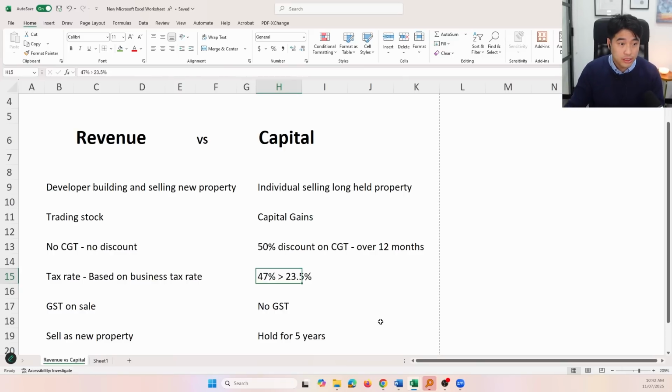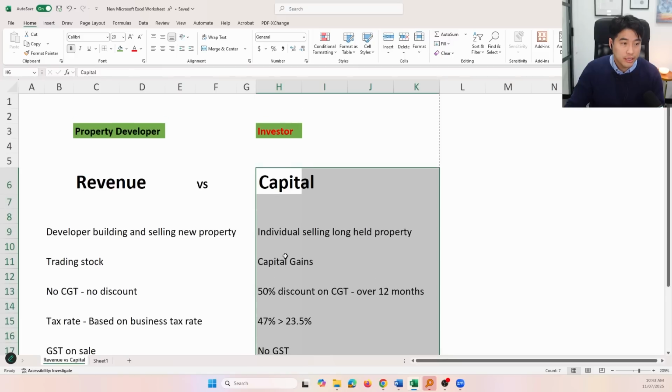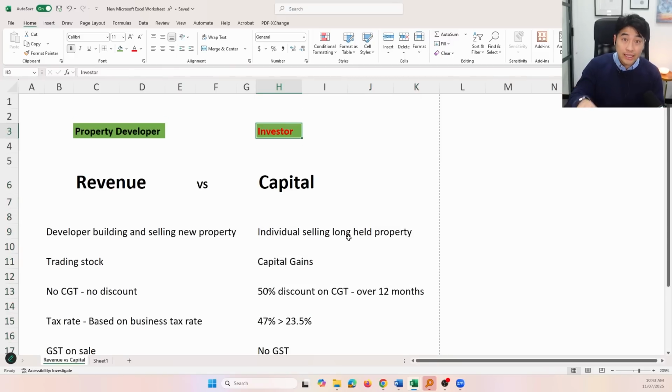That's how that normally works when it's on the capital account and when you're an investor. However, the ATO then classes property developers differently. And they don't care if you haven't been in the business of property development for quite some time. Sometimes they do take it into consideration, but they look mainly at: are you running a business? And if you're running a business, they see you as a property developer, and they see the cost of the land and the construction costs as stock. They see it as trading stock.